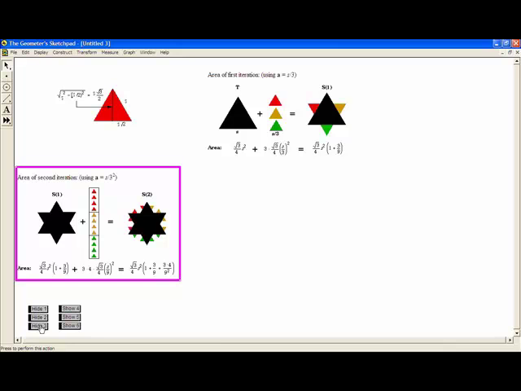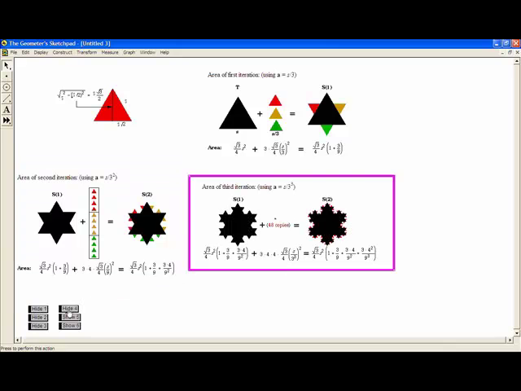Continue this process for the second iteration and the third iteration. Soon you will come to realize that there is actually a pattern. In this pattern, you can see that at the kth iteration, we add 3 times 4 to the k minus 1 power additional triangles of the area square root of 3 over 4 times (S over 3) to the k squared. Now this adds up to square root of 3 over 4 S squared times 1 plus